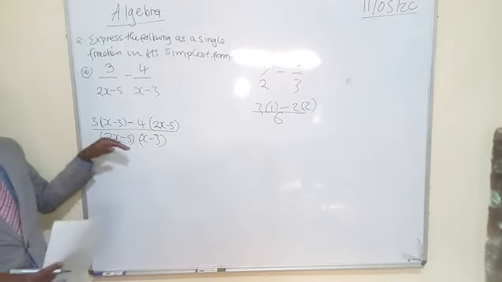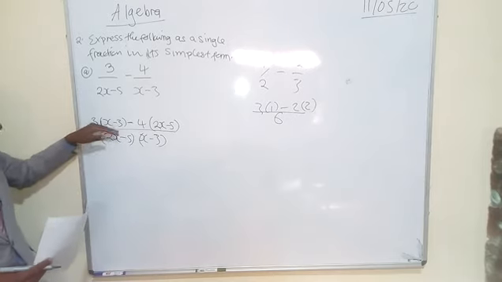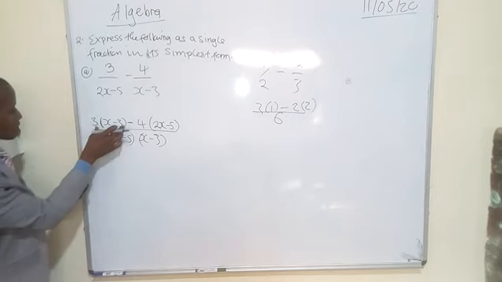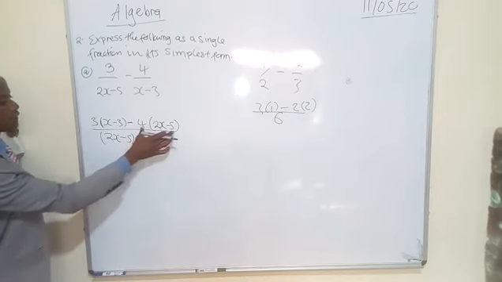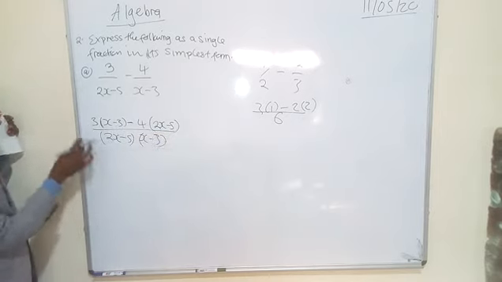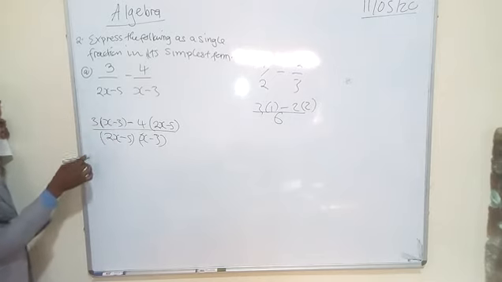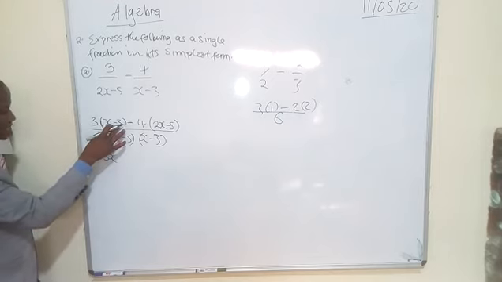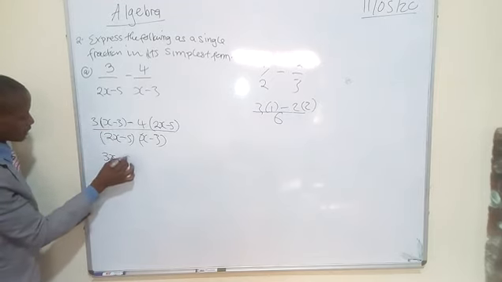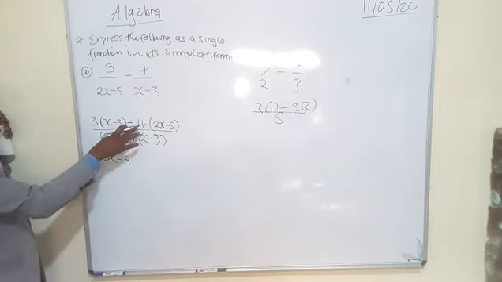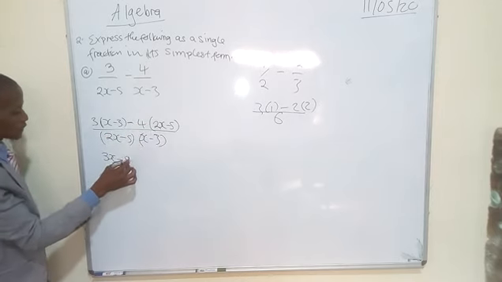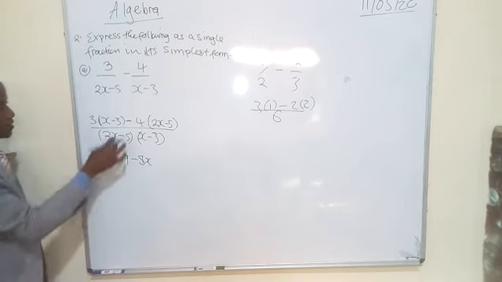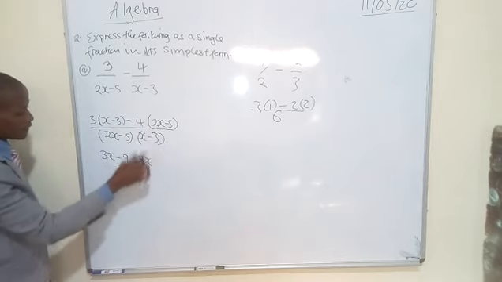Then you start evaluating now. You start expanding, removing the brackets there. So this 3 simply means that it is multiplying with everything inside the brackets here, and the same applies to that 4. So we have 3 times x there, we are going to get 3x. We have 3 times negative 3 there, we are going to get negative 9. Negative 4 times 2x, we are going to get negative 8x. Negative 4 times negative 5 there, we are going to get